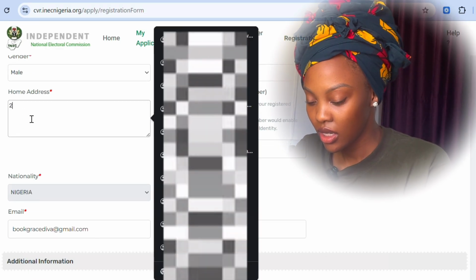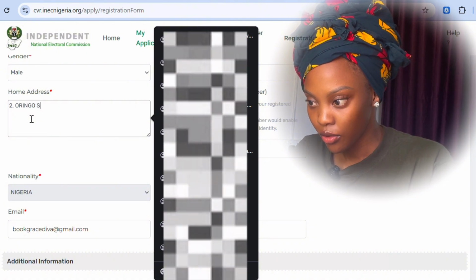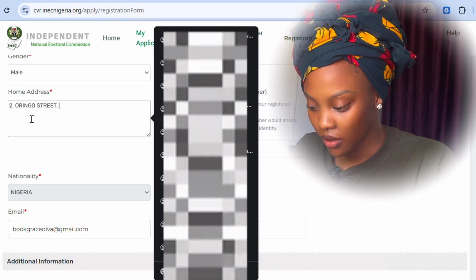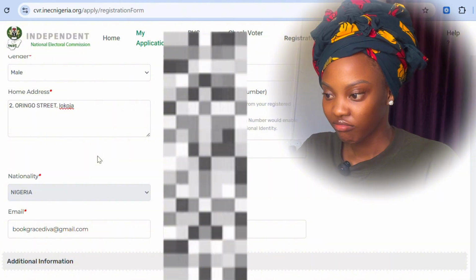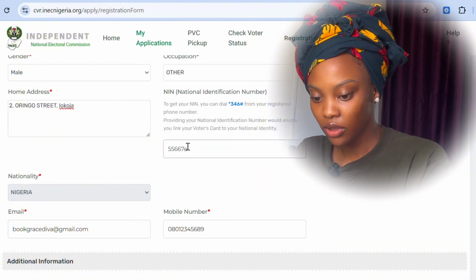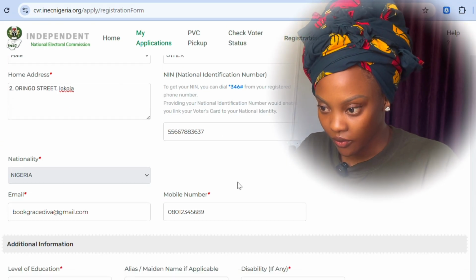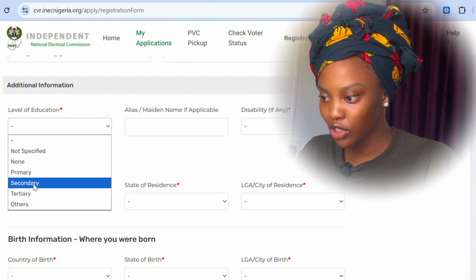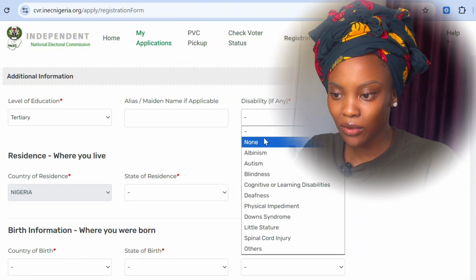You want to say, let's say, 2 Oringo Street, Lokoja. You put your name. Mobile, email, level of education, anyone. It's very easy. Disability, if you have, you put